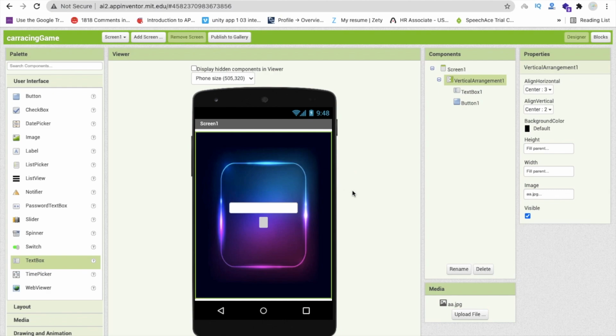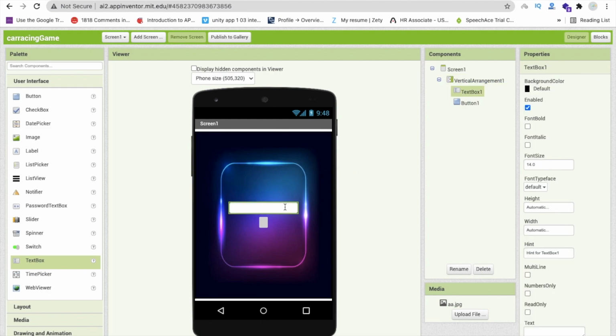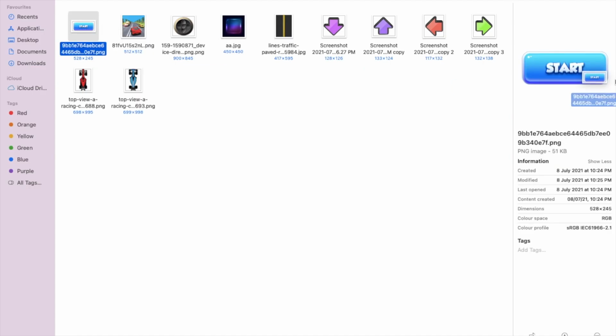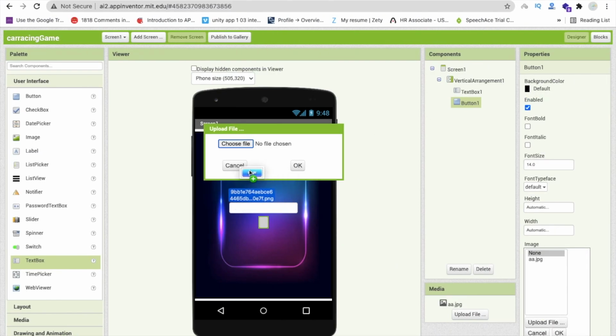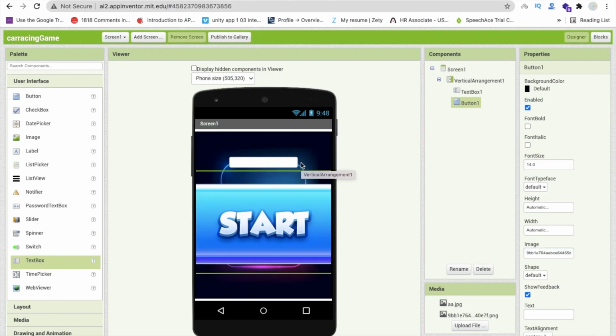like this. Now that's the text box for the name. Now we need one button image here also. So I have this image, this one is the start button. Okay, now we need to set that image width and height.